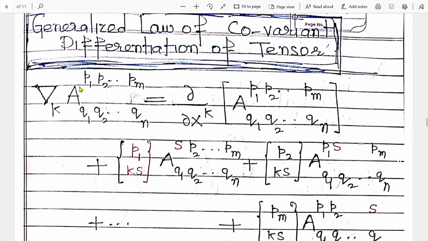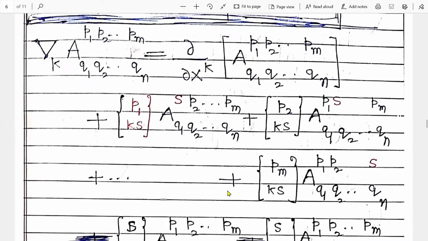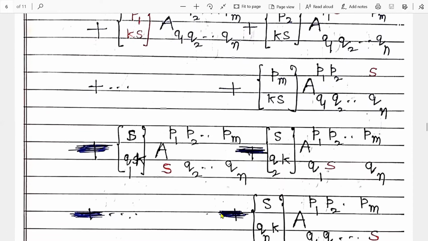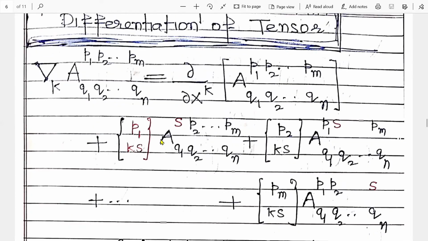In this case, first take the simple derivative. Then, in the case of contravariant variables, we used the plus sign, plus, plus, and plus, right? Because we have 1, 2, 3, up to m contravariant variables. And in case of Q1, Q2 covariant, we used the minus sign. Clear? Now this is the upper part. Clear? So write it at the upper part.